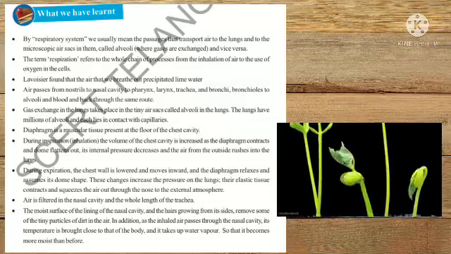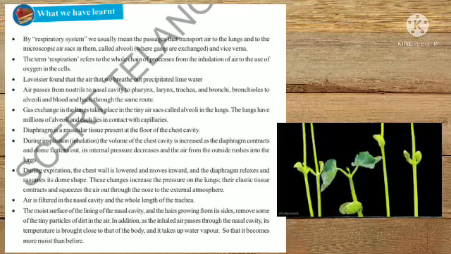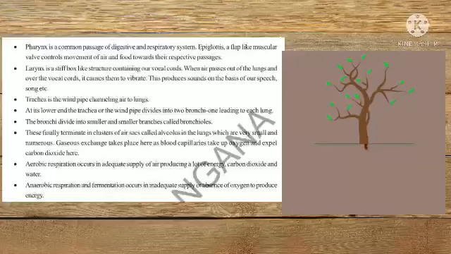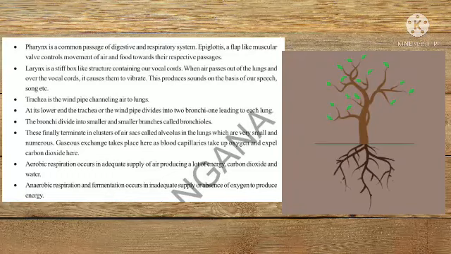Gas exchange in the lungs takes place in tiny air-sac-like structures called alveoli in the lung. The lungs have millions of alveoli. Here, as you know, different types of gases are exchanged in the sac-like structures present in the lungs, which are called alveoli. Here the pharynx is a common passage of the digestive system and respiration. The epiglottis, a flap-like muscular wall, controls the movement of food and air. Here, as you know, the pharynx is treated as a common pipe. Epiglottis is going to be